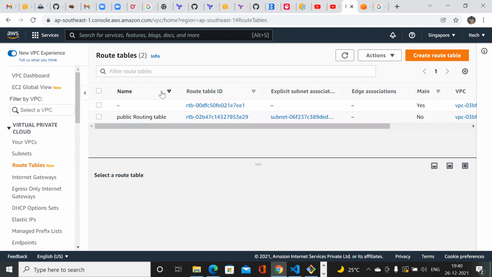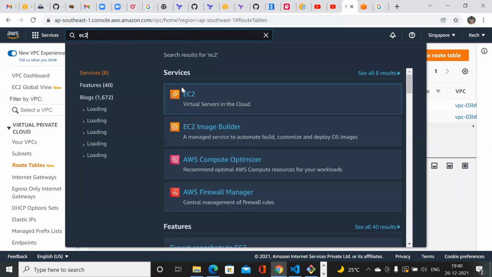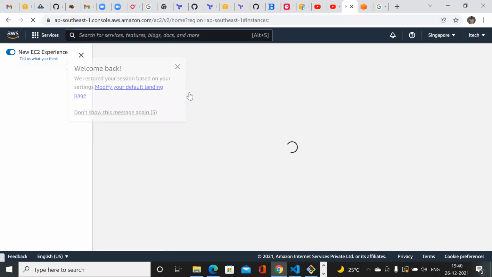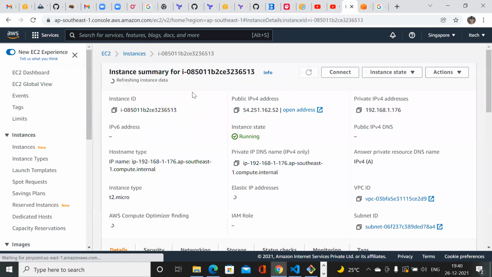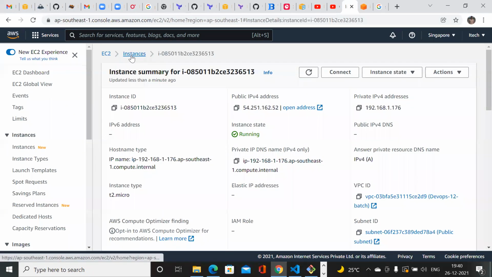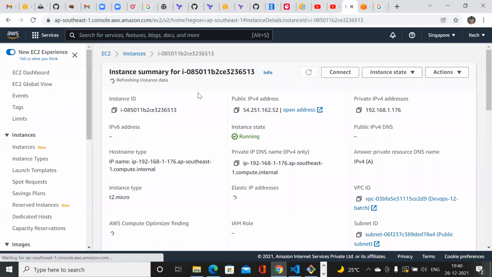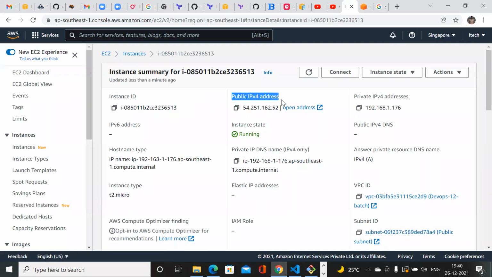If you want to expose any application, we definitely have to get one public IP address which is routable on the internet, and only then you'll be able to access the particular application or EC2. In my case, I just enabled the public IP address. The public IP address is reserved by AWS and provided to my particular EC2 instance. How can I check my public IP address? Once I click on the instance and double click on the instance ID, I can see the public IP address as well as the private IP address.